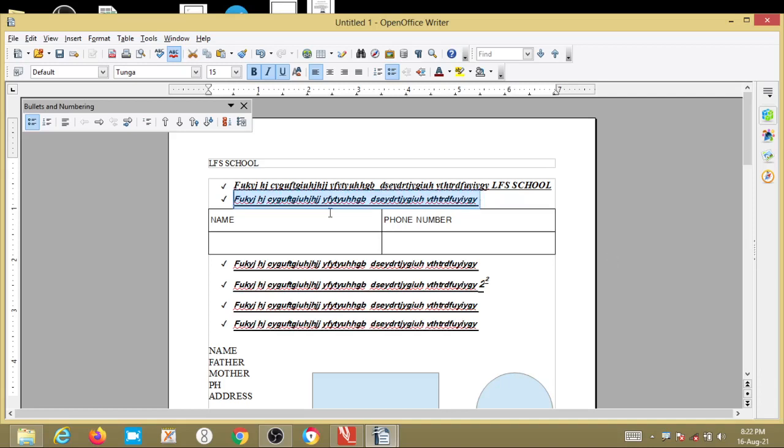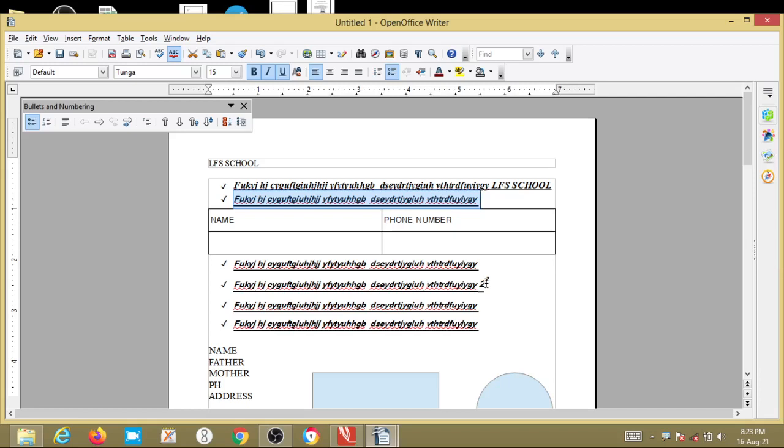Suppose you place the cursor at the first letter and hold shift, if you press the end key on your keyboard, it will select the entire line. Okay, clear now? This is how to select text, first one using the mouse, second one using your keyboard. Clear now?